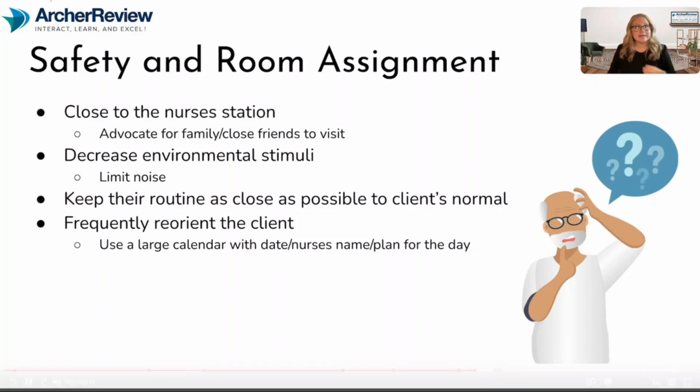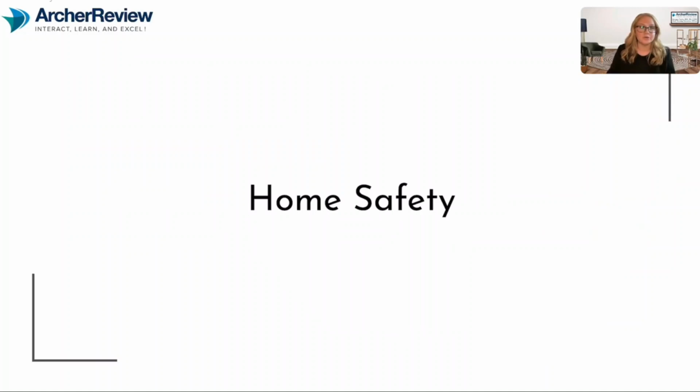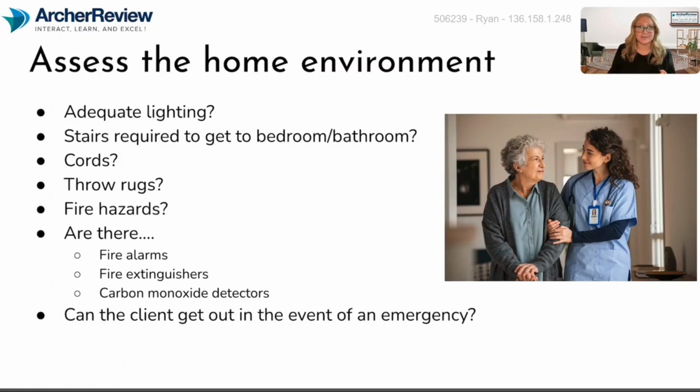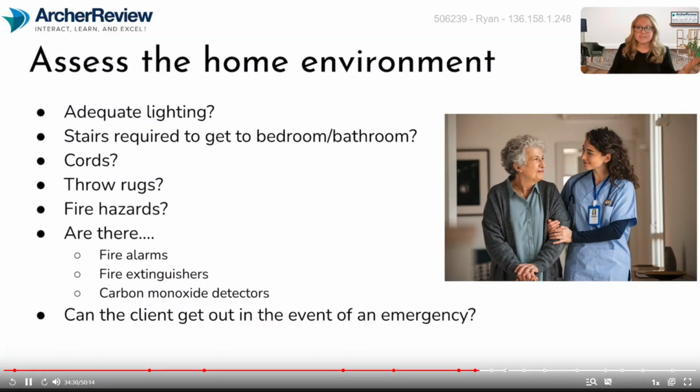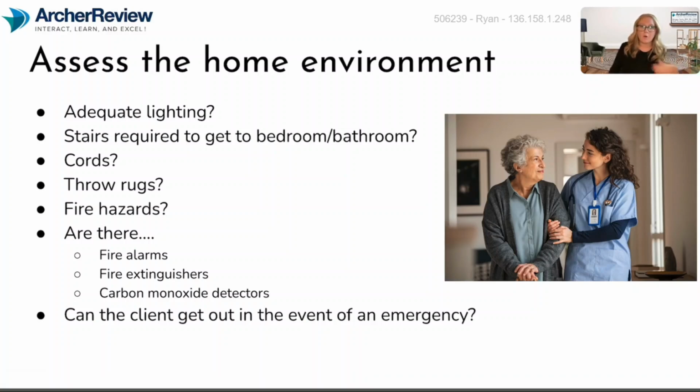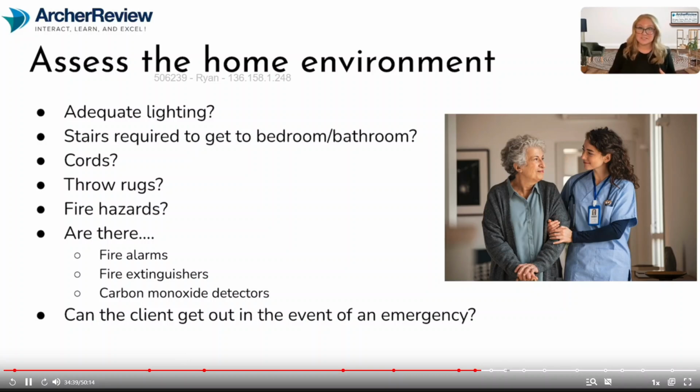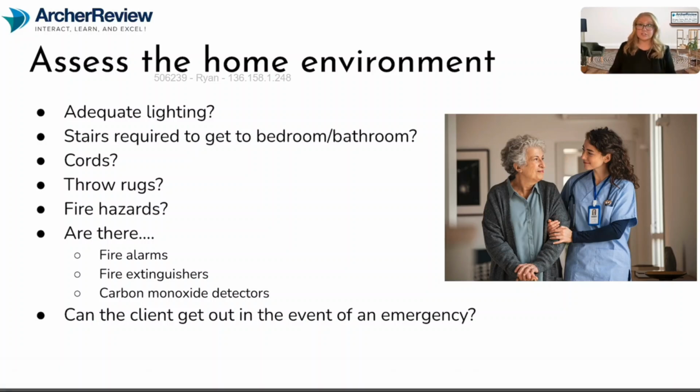Now, outside of the hospital or facility environment, let's talk about what we can do at home to keep this client safe after they've been discharged. Of course, we want to start with assessing. All right, what's the lighting situation? Do they have to go upstairs to get to their room? Are they walking over throw rugs and cords, fire hazards? Can they even get out of their home if there's an emergency? Keep an eye on what the situation is so that you'll know what you need to maybe modify